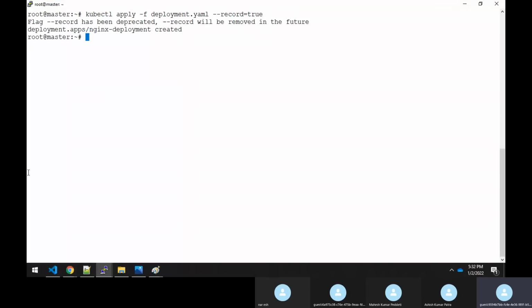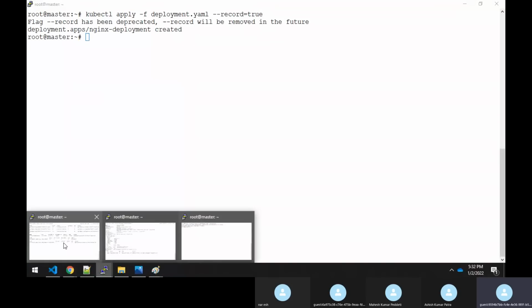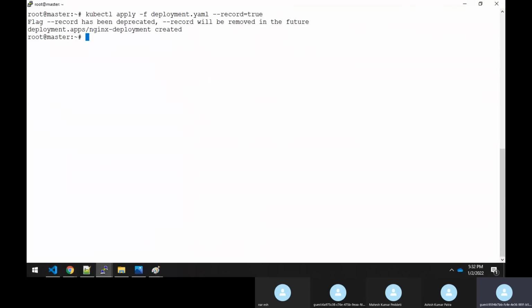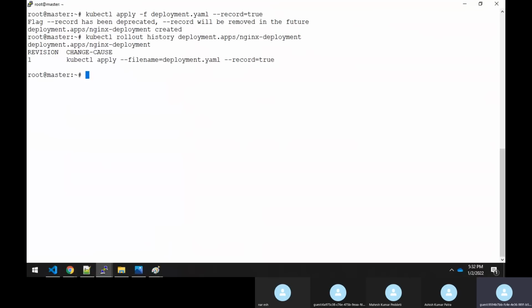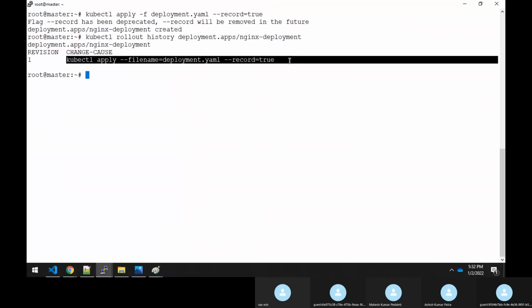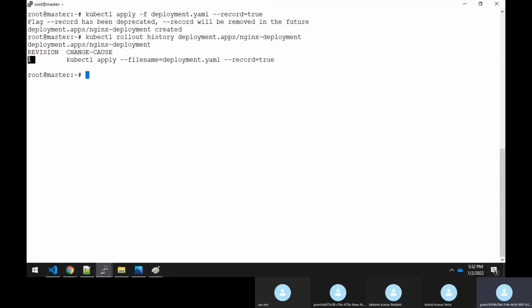Now you could see that it has again created this deployment, this replica set and everything. Now, if I execute the command kubectl rollout history on the deployment, you could see that it will show the first time you have deployed, meaning whatever command I executed now has to show here. So here it is maintaining revision 1.